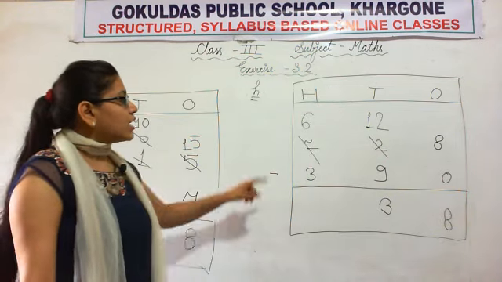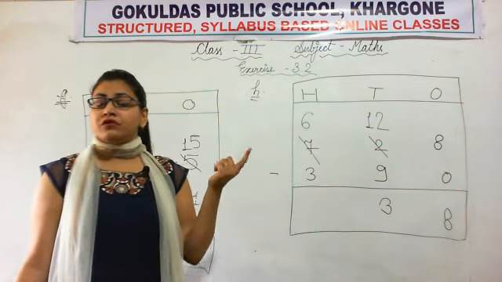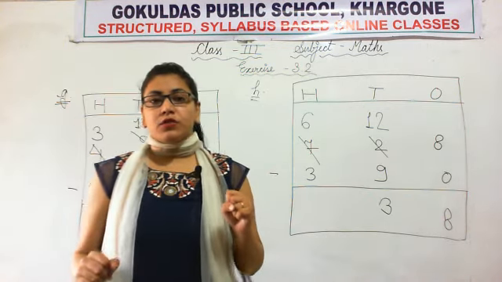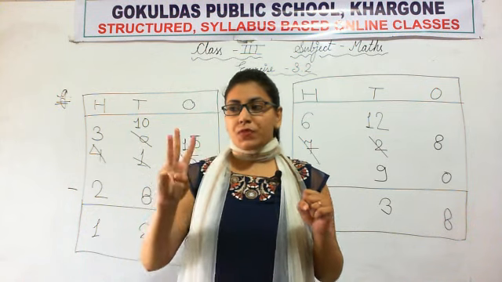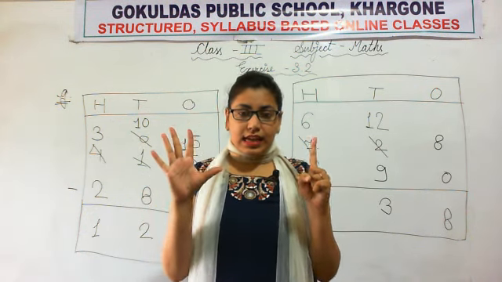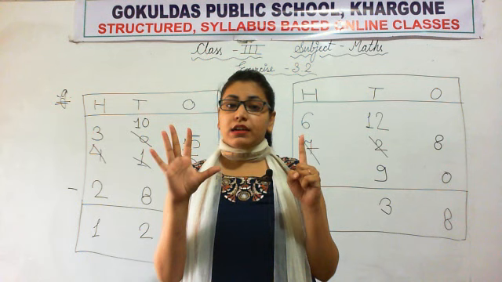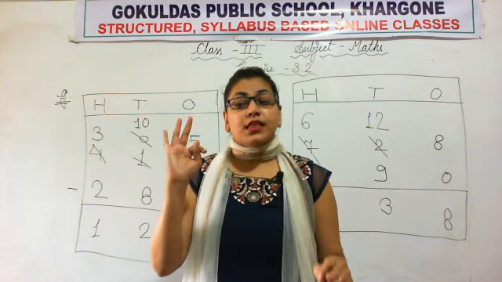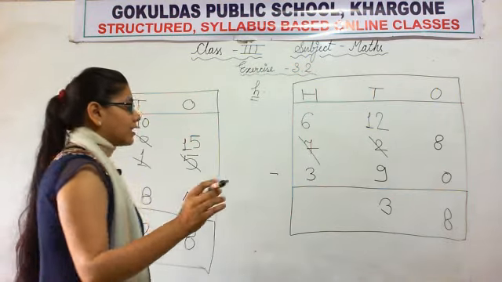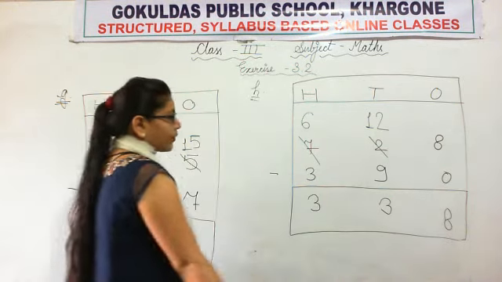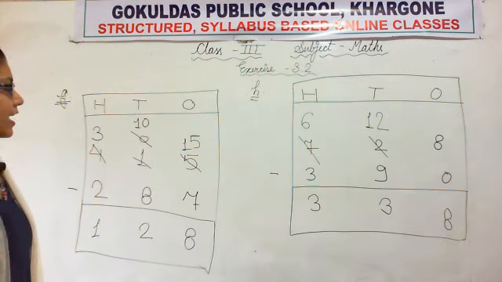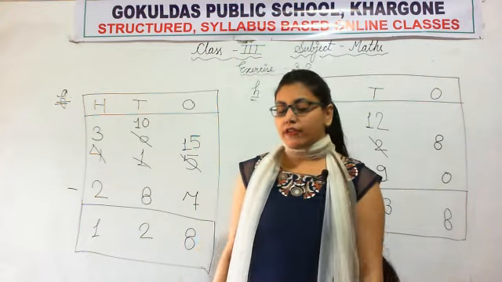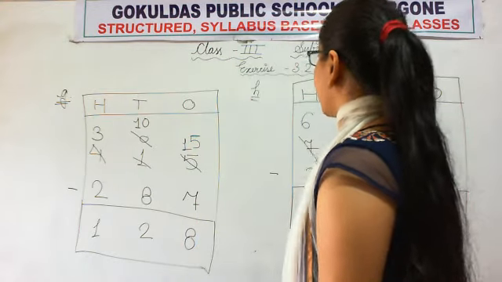Okay. Now 6 minus 3. Can we remove 3 from 6? Yes, we can. So first of all let us count 6 finger marks: 1, 2, 3, 4, 5, 6. Minus 3, so we'll remove 3 finger marks: 1, 2, 3. Now how many fingers are left? 3 fingers are left, so we will write the number 3. So 728 minus 390 is equal to 338. So our difference, or our answer, is 338.